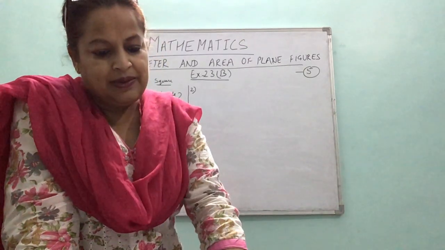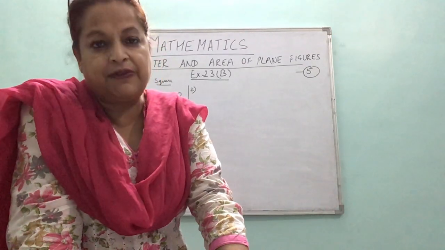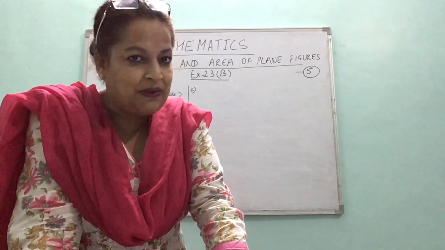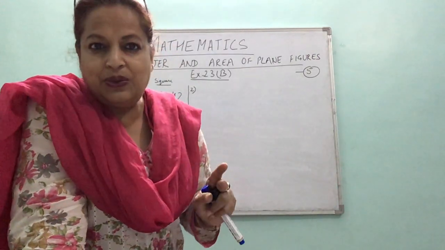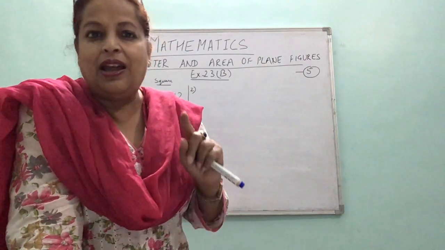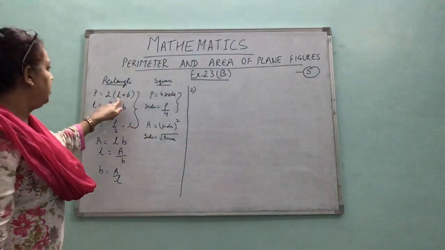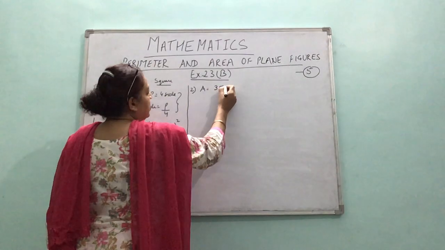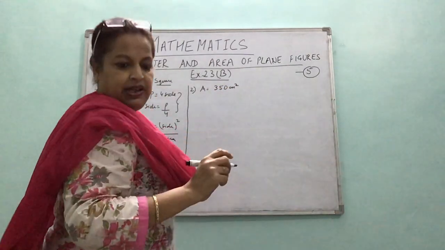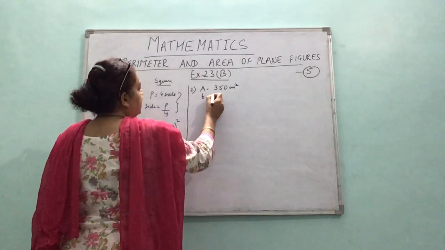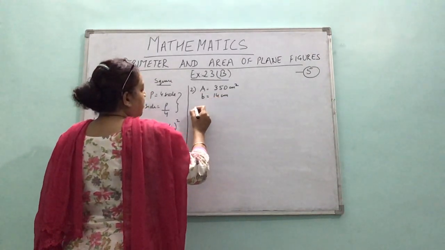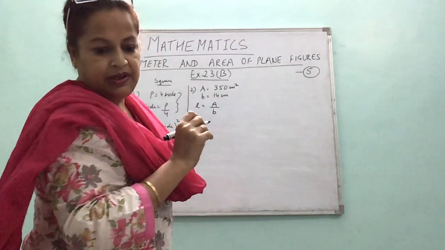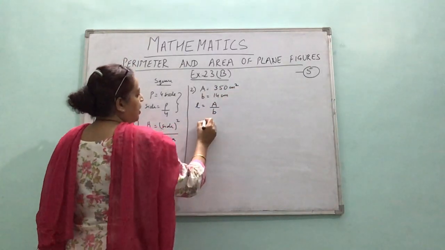So question number 2 is, area of a rectangle is given 350 centimeter square, area is given, and breadth is given. Find the perimeter of the rectangle. Now for a rectangle there are 2 dimensions, length and breadth. And perimeter can be found if we know both length and breadth. But in our question, area is given 350 centimeters square. And one of the other dimension, breadth is given 14 centimeters. So to find perimeter, I should find length. Length would be area divided by breadth. It is 14 only. Yes. Units are matching, so I don't have to change the unit.